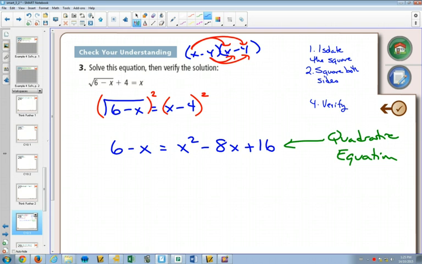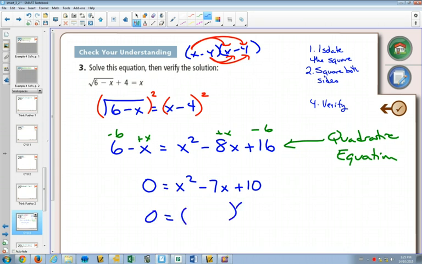So here, I can subtract 6 on both sides, add x to both sides, and I will make one side equal to 0. And the reason we want to make one side equal to 0 is so we can use the zero product property. Because now if I can change this from adding and subtracting to two things that are multiplied together,